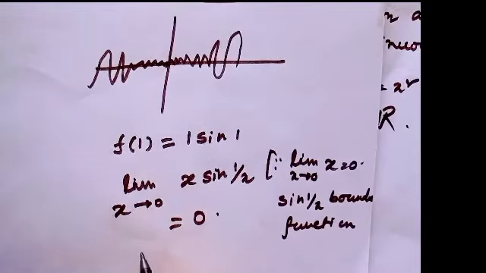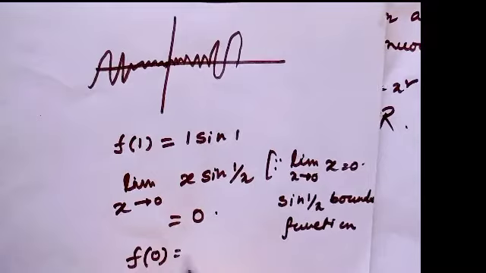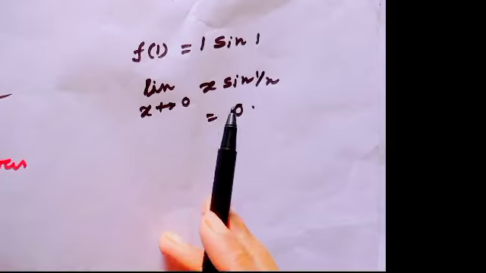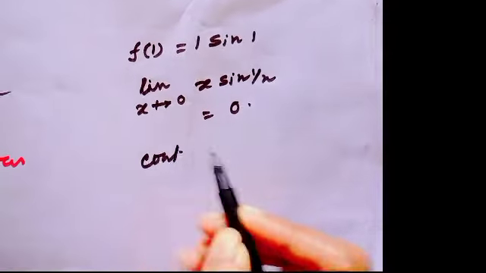Also the function f of 0 equals 0, and since the function f is continuous on the closed interval 0, 1,